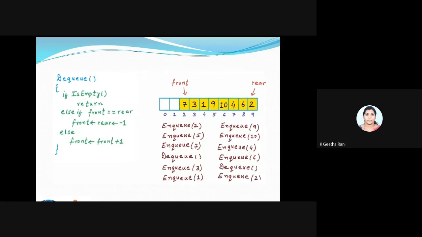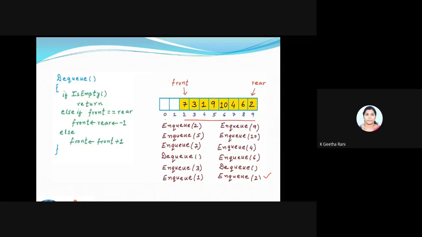Fine. And next, again I'm making an enqueue operation. You can see here enqueue of 2. So I'm adding an element at the rear point, and for adding it I will just increment the rear alone. So rear is equal to rear plus 1. The index value of rear has been changed. Now this is my queue. From here to here will be my queue.